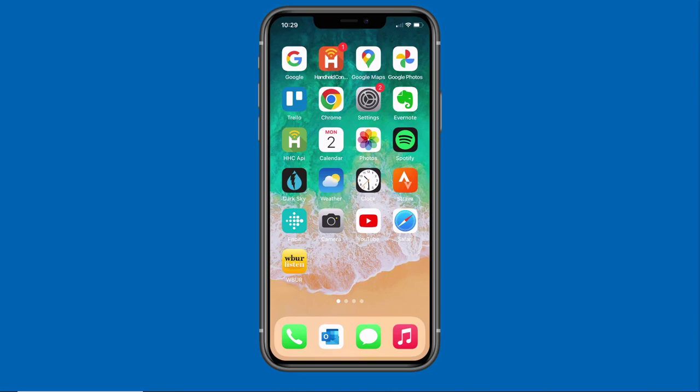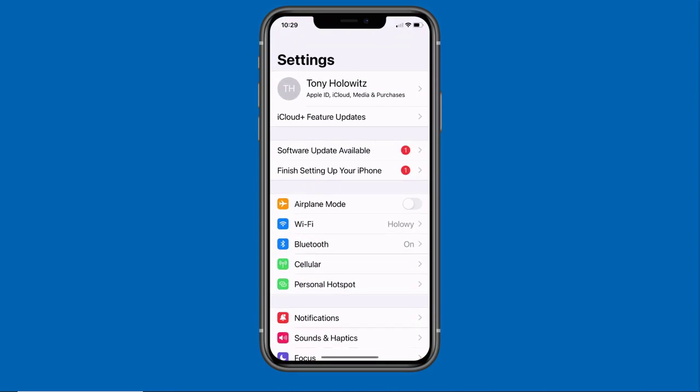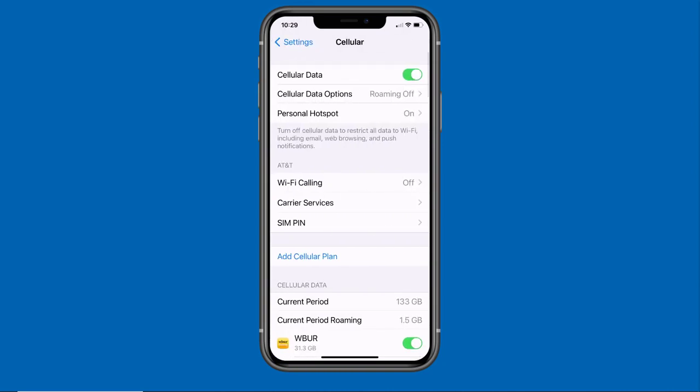On your iPhone, you want to click on Settings. When you click on Settings, you want to go down to Cellular. When you get to Cellular, I want you to observe in the middle there's an area called Wi-Fi Calling, and